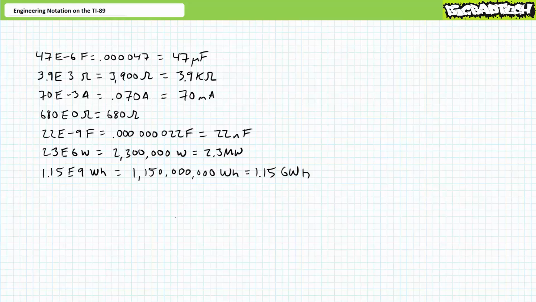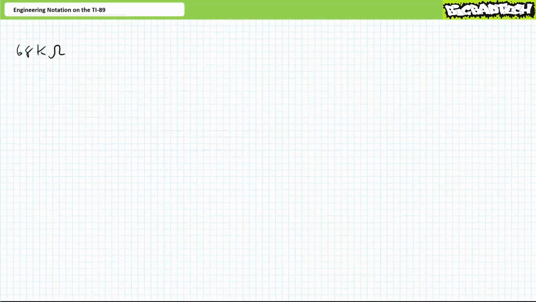You should be well versed in reading numbers as displayed on the TI89 using engineering format, where again it's 3 parts: a coefficient, an e, and a power of 10. Now, let's stand this concept on its head, and rather than reading numbers, let's learn to enter numbers into the calculator using engineering format. You'll be happy to know that entering numbers in engineering format is just as easy as